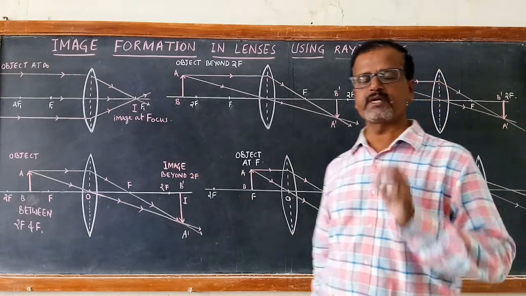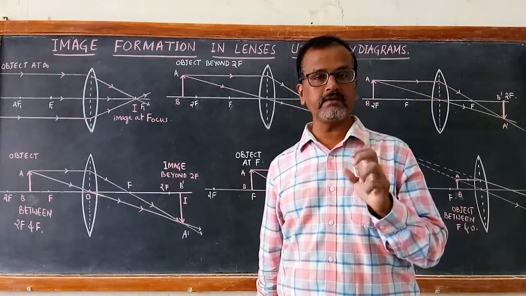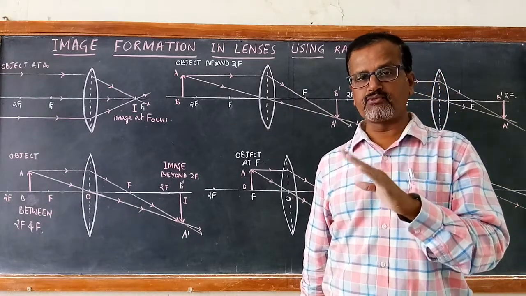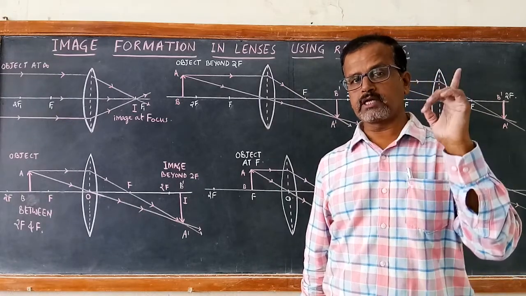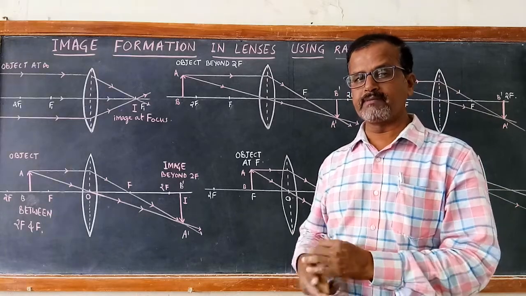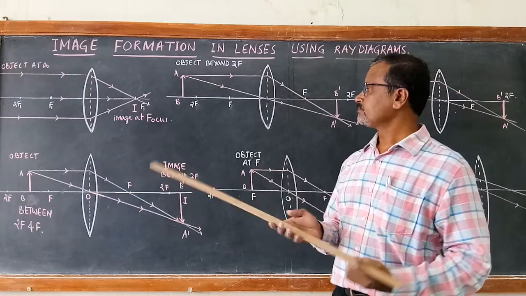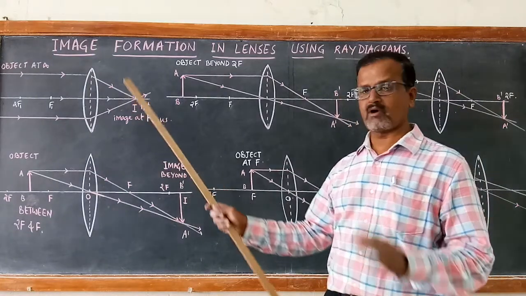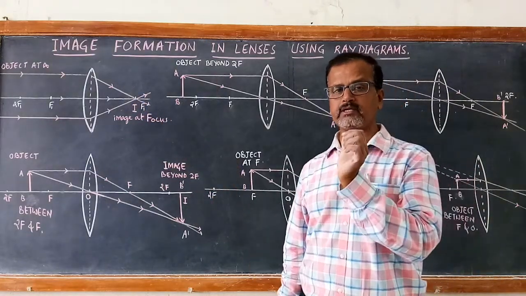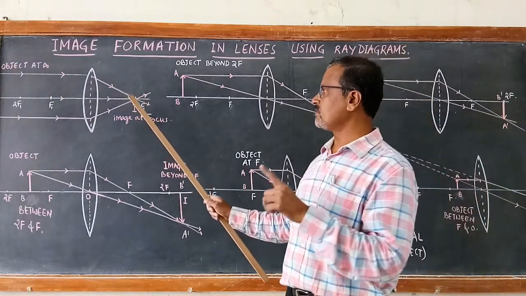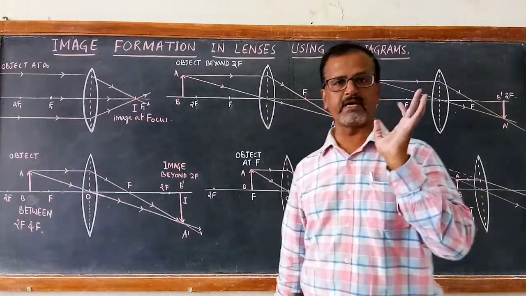This is what happens when you take a magnifying lens and focus it on the sun and take the image on paper. The point image of the sun is formed on the paper, and that will lead to burning of the paper with smoke. So the image is formed at the focus, which is a point image.